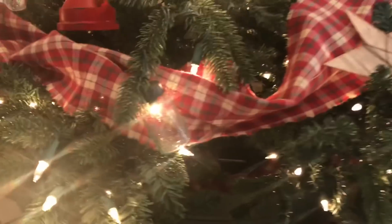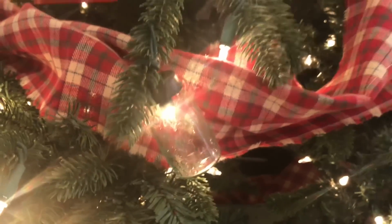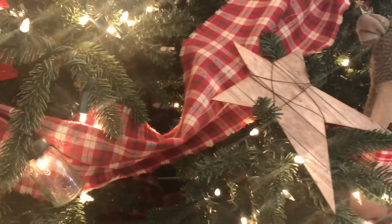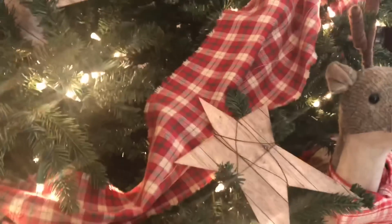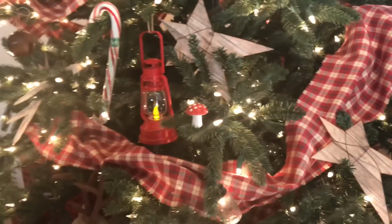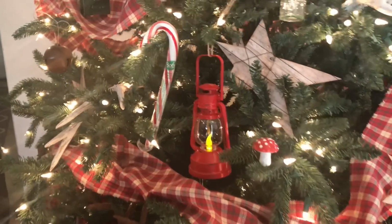I have these mini glass light covers that I purchased from Amazon, you guys. Those are beautiful, and it actually says mason jar on it. These are just some faux wood stars that I made wrapped with some wire. And here are the